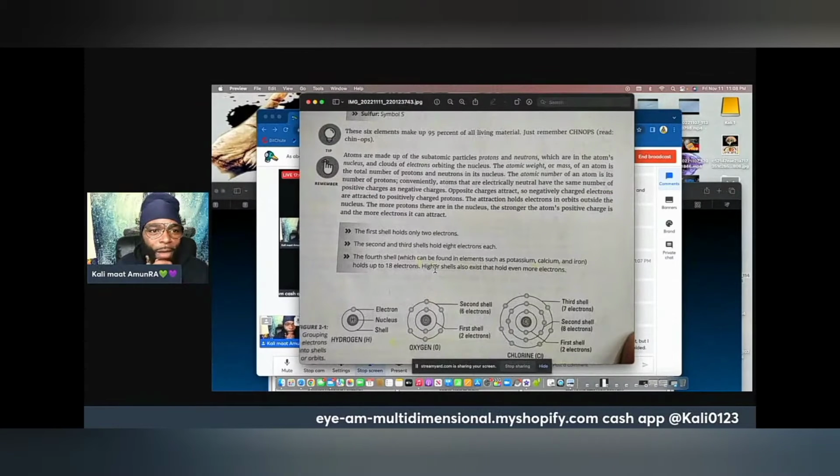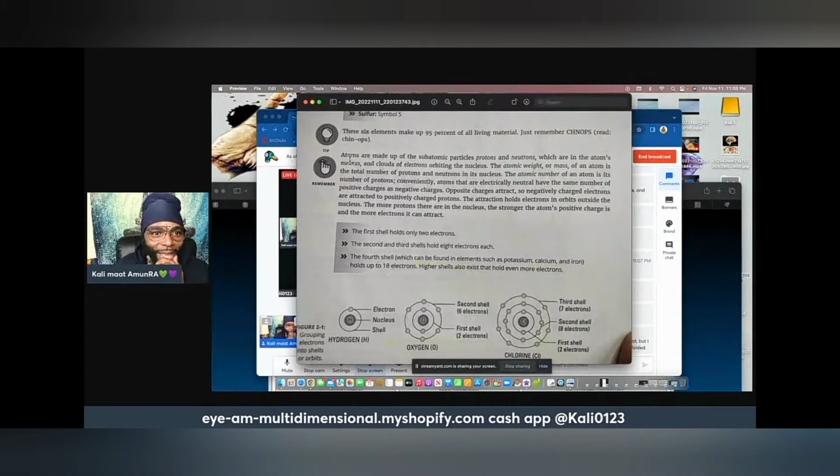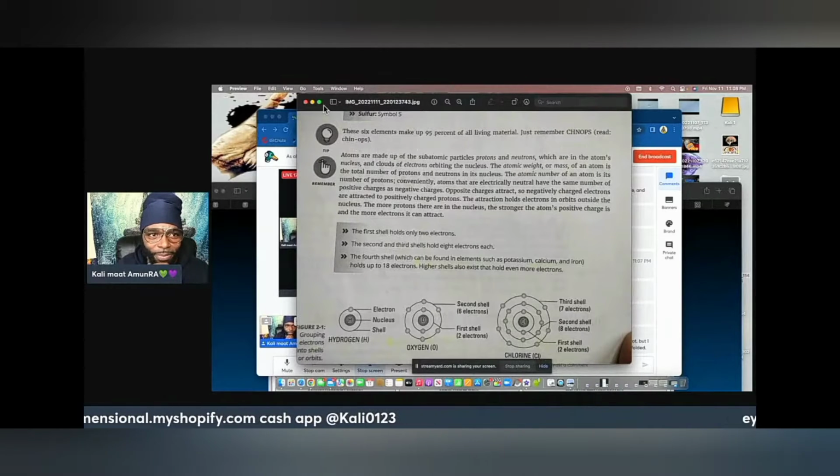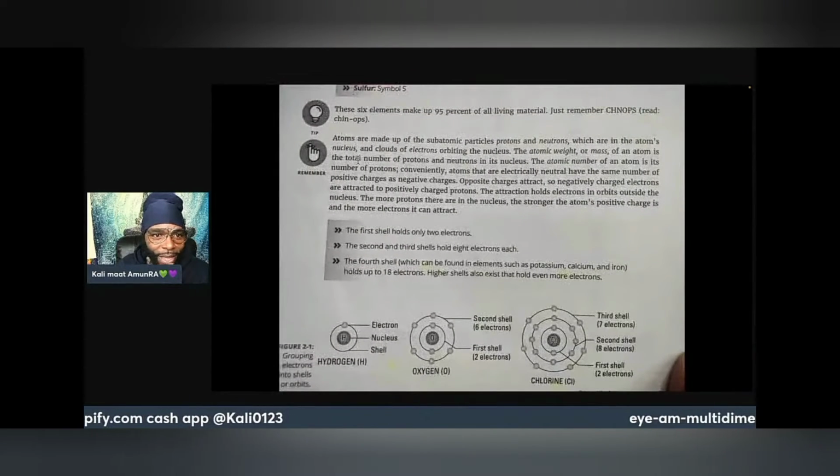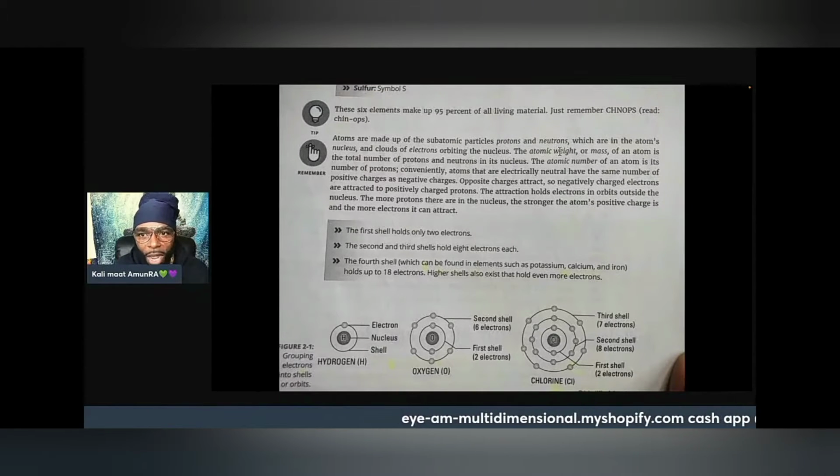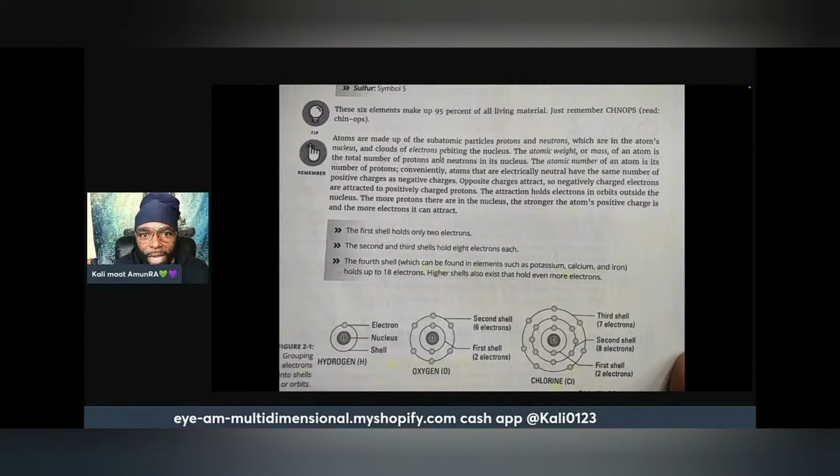Now, as above, so below. Atoms. You see this right here? Look right here. Here we go. Let me enlarge that a little bit for you. Atoms are made up of subatomic particles, protons and neutrons, which are in the atom's nucleus, and clouds of electrons